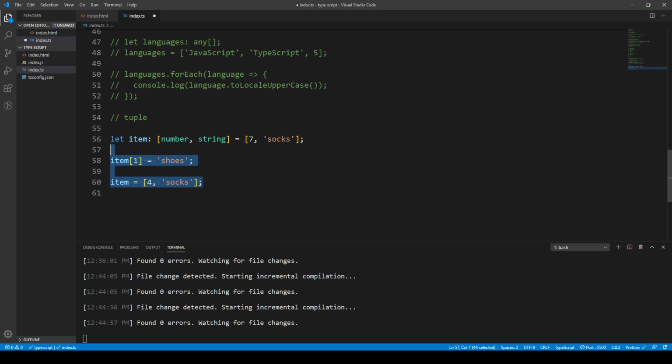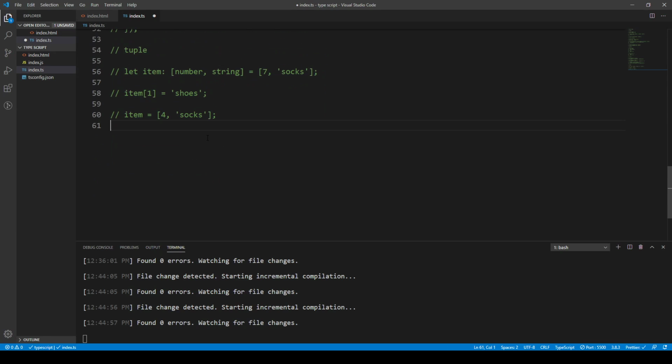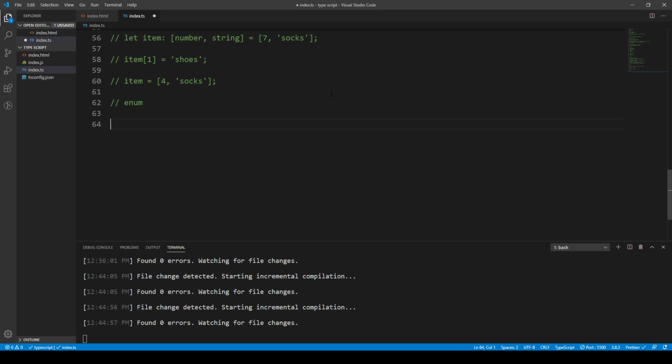Okay, so the next thing will be an enum. So what is an enum? This is going to be our first sort of custom type, and custom types should be in Pascal case, meaning the first letter of every word is uppercase, and that's a convention used. But anyway, numeric enums are used to store string values as numbers. So we can think of these as like,